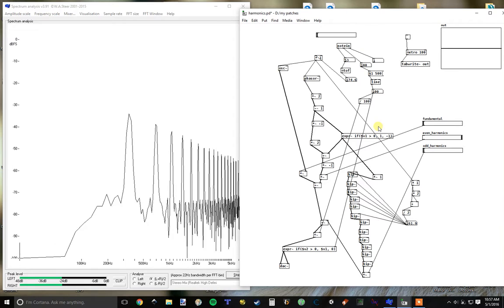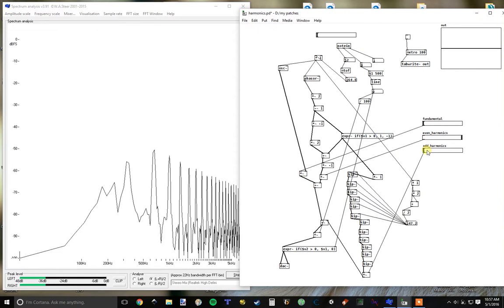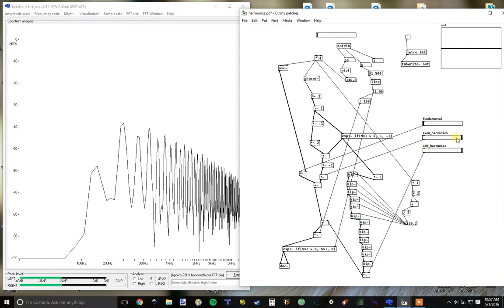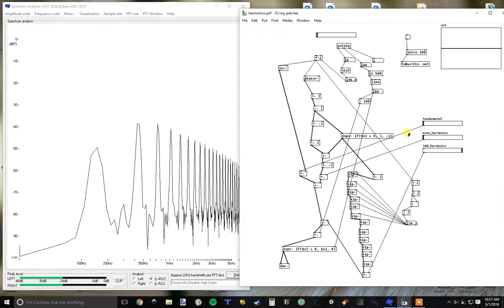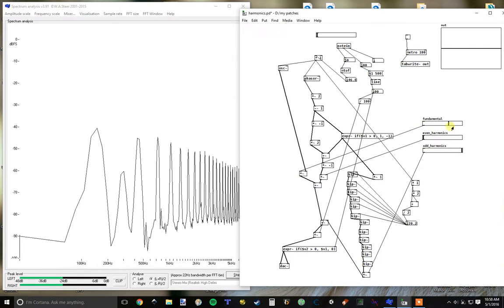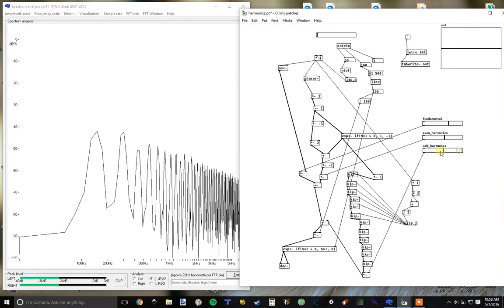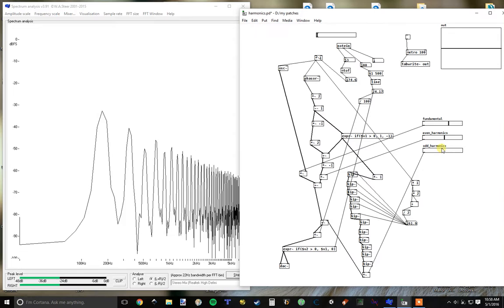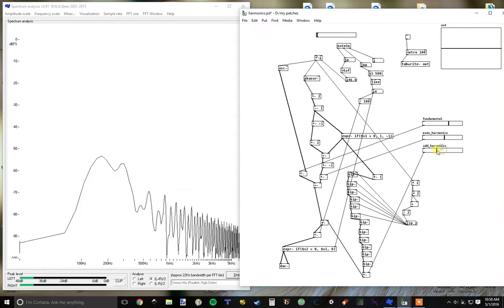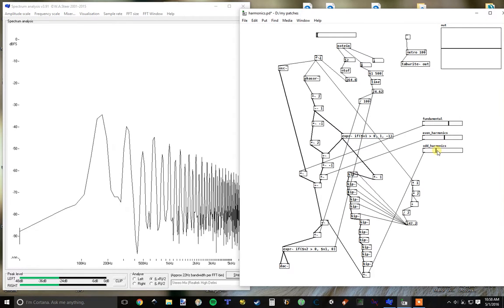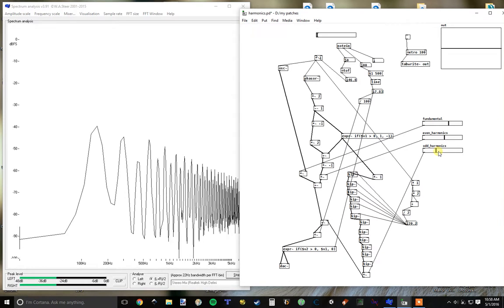And if you look, I can even take away the fundamental from the even, and I can boost up the odd. That might be actually a good sound. There we go. I'm not much of a